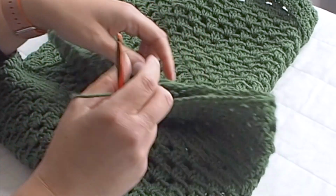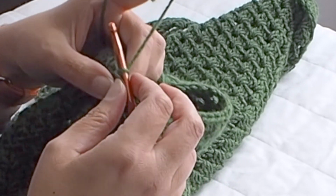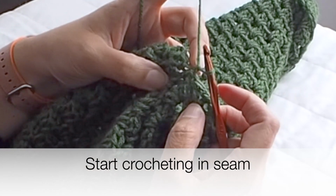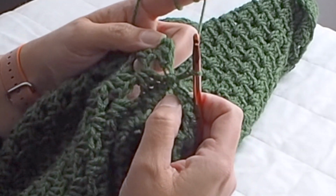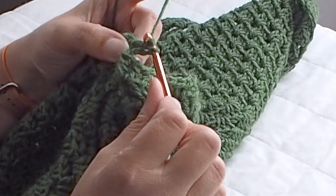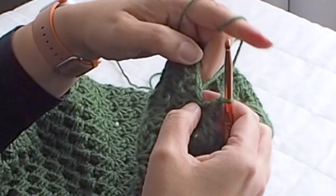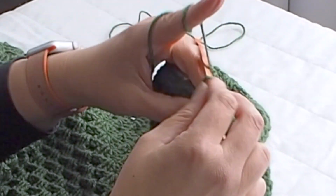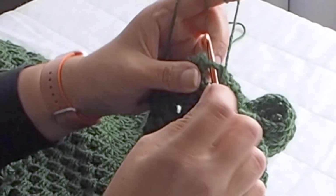For the first round of my sleeve I will use 5.5mm crochet hook, and then for next rounds I will use only 4mm crochet hook, so the smaller one, and start crocheting in the seam. Chain 3, 1, 2, 3, and insert the hook in the space close to the seam and make a double crochet there. Now chain 1, skip 3 double crochets and work 3 double crochet cluster in chain 1 space, 1,